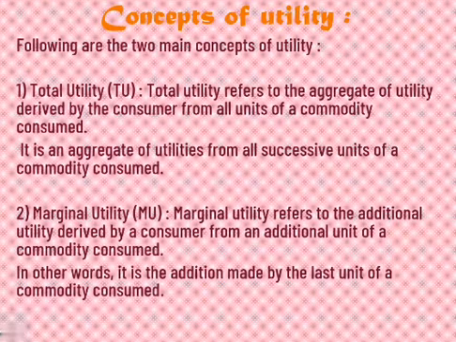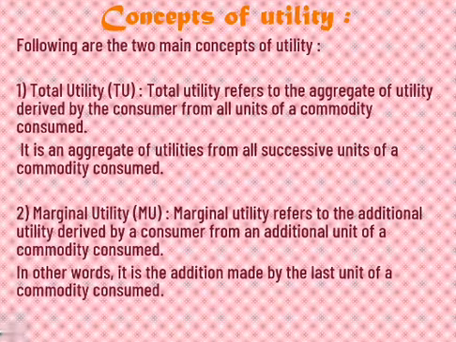Now, as I said, if the person has 8 pieces of pizza, when the person eats the first piece, that is the satisfaction derived from the first piece. When he takes the second one, the satisfaction level from the second piece of pizza is called marginal utility. And then the total utility is of 2 pieces, but the marginal utility is the satisfaction he has got from the last unit of the commodity that he has consumed.